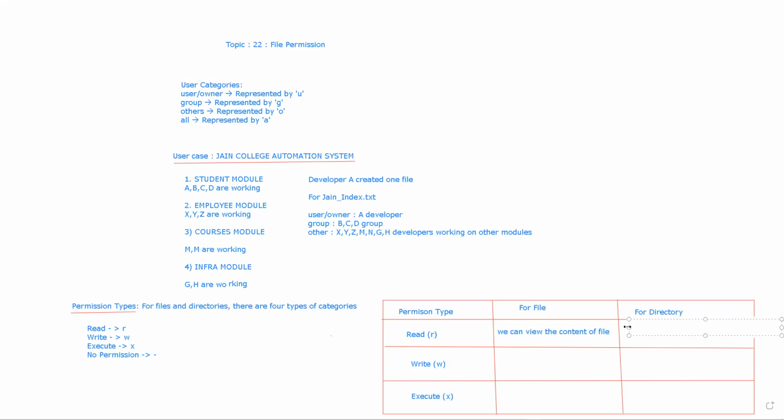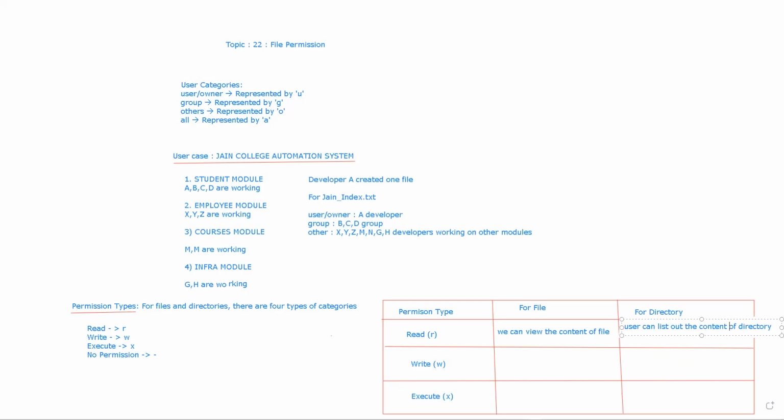And in case of a directory, when we have a read permission, a user can list out the content of the directory, right?